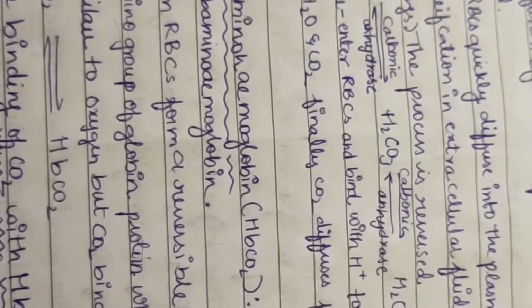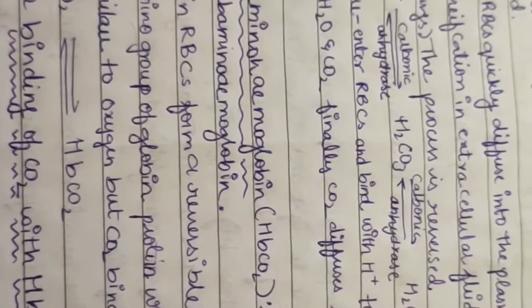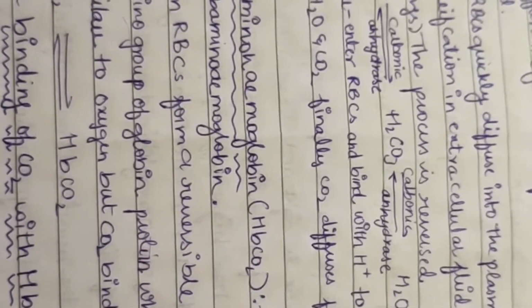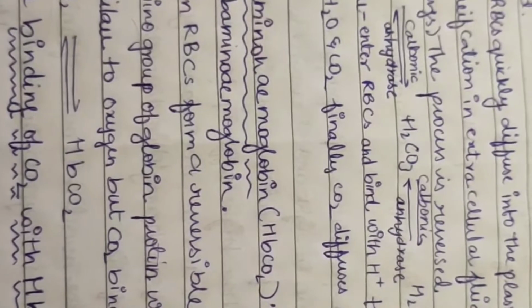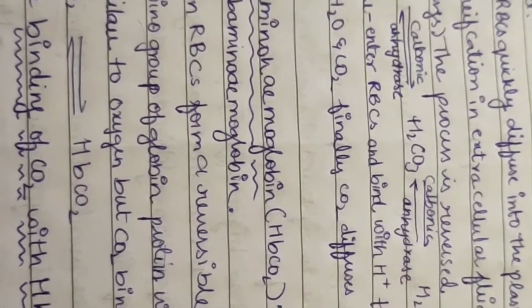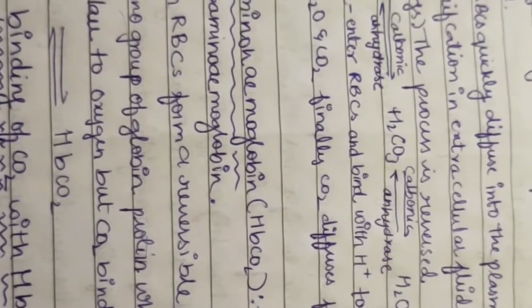CO2 enters RBCs to form a reservoir compound, HbCO2. CO2 binds with the amino group of globin, which is part of Hb. The reaction is similar to oxygen, but CO2 binds with the protein part of Hb. Factors affecting the binding of CO2 to Hb: